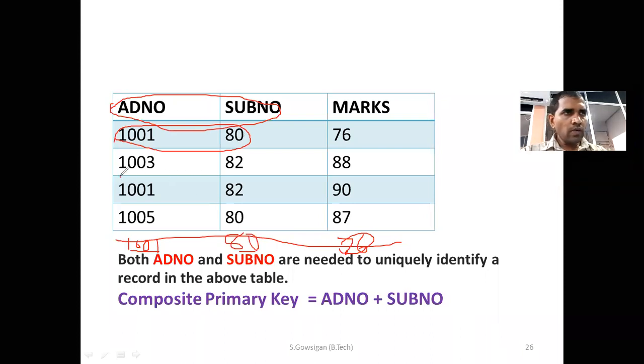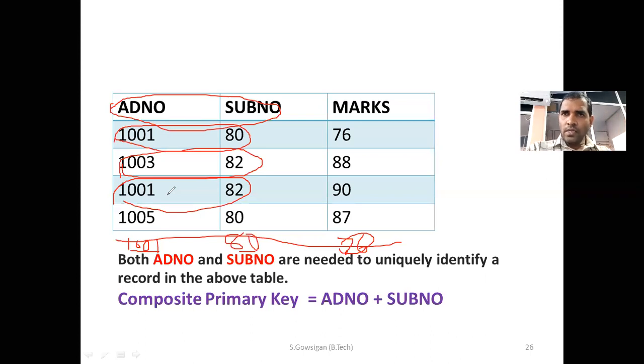Not only that one, even 100382, that is the second data, right? When you combine admission number and subject number, the second data is 100382. That never be repeated. Look at the third one, 1182. This never be repeated. So now I can say that in this table,